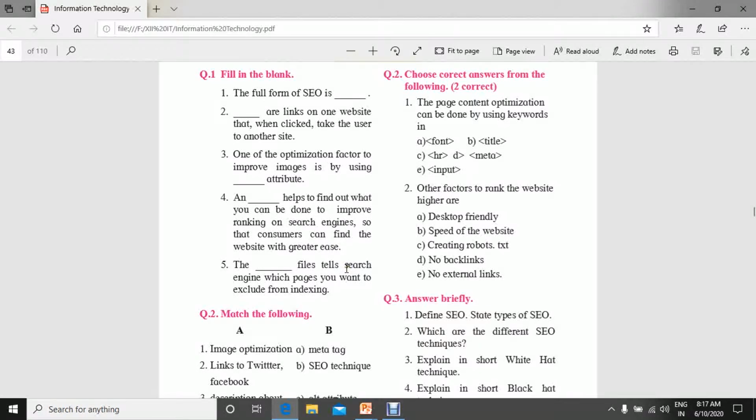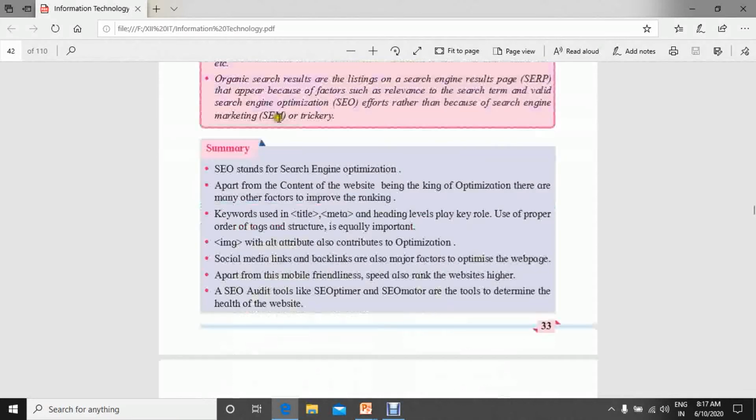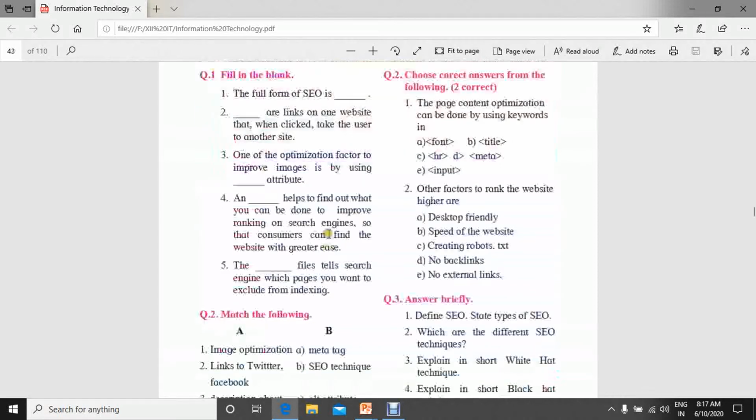So first go through all the videos and the content of this chapter. Already you have this kind of PDF, so you can go through it and go for the exercise. Maintain a separate notebook copy and solve all these questions. So let's see the fill in the blanks.